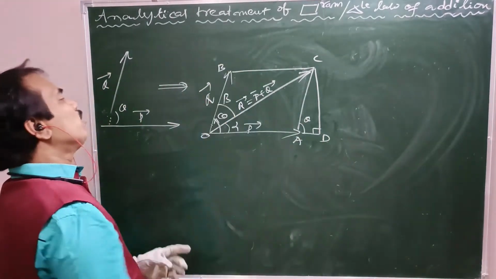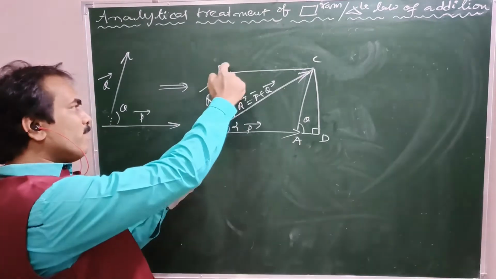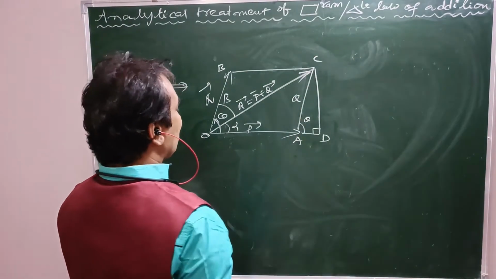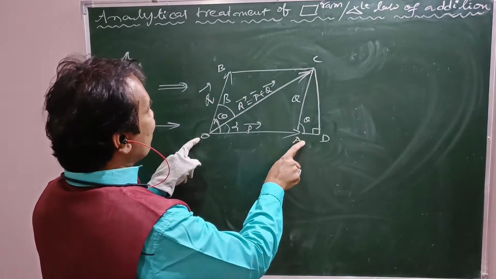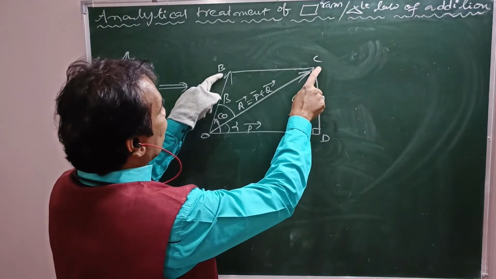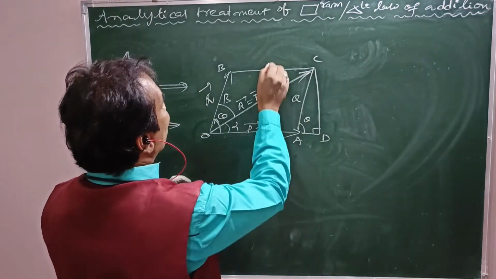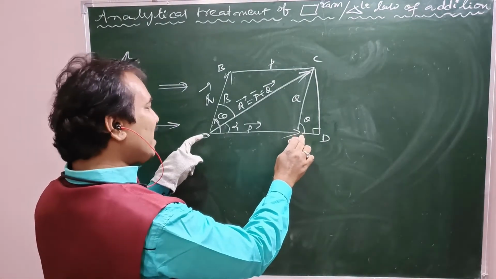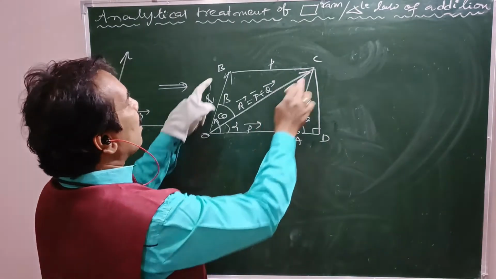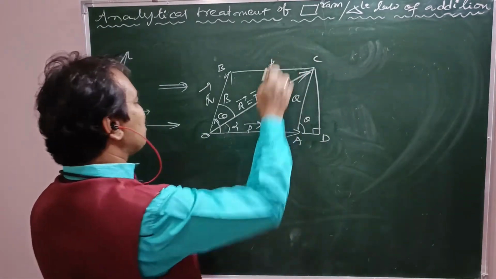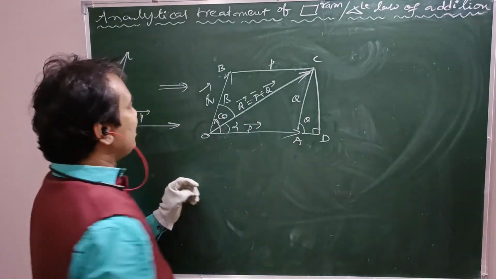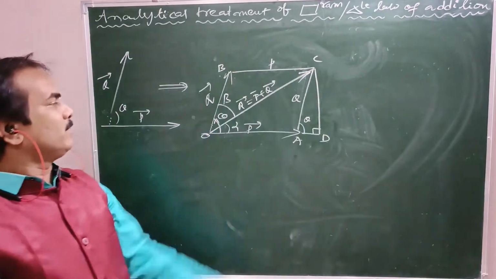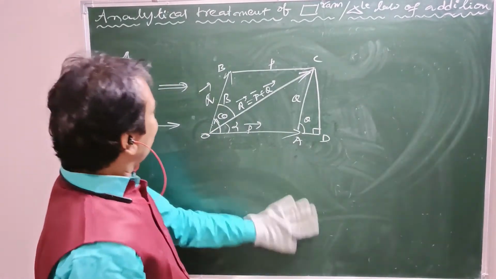Now what is OB bar? Q bar. OB means Q, magnitude only. So this side is Q. Here OA bar means P bar. BC bar is also P bar. See this measurement P, in vector notation P bar. Okay, what is the magnitude, otherwise length? OA means P. Here also BC means P. Why? Because these two sides are parallel to each other. That is the reason why. If it is Q, this is also Q. If it is P, this is also P.